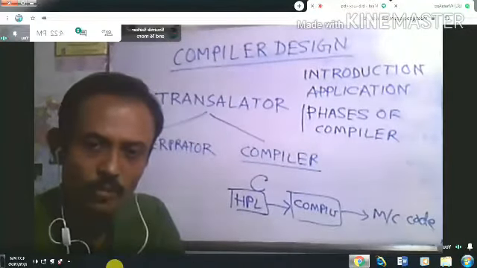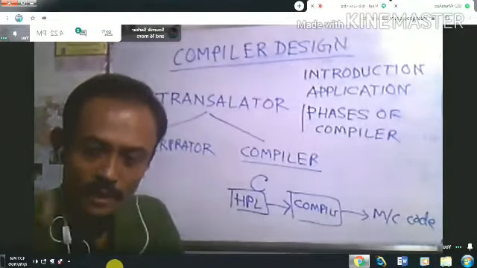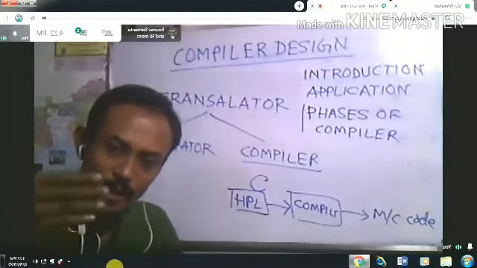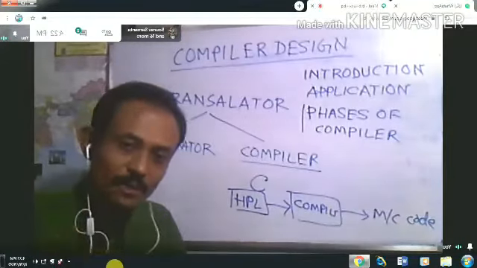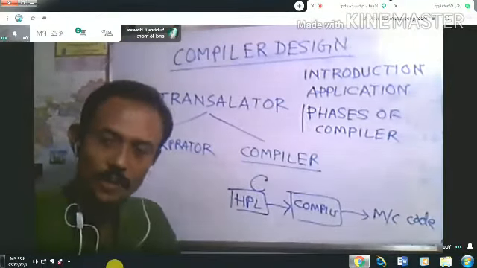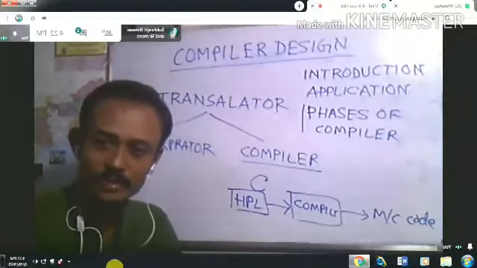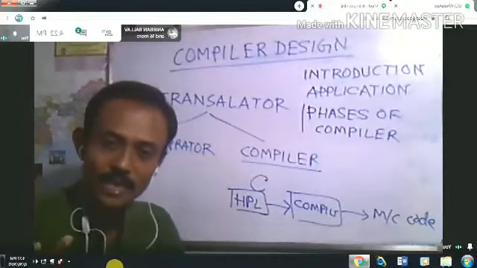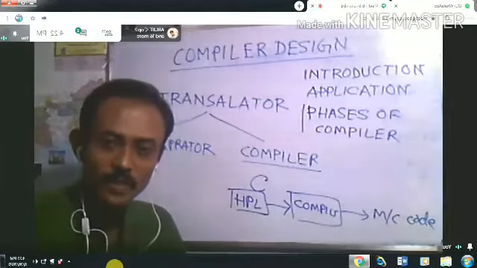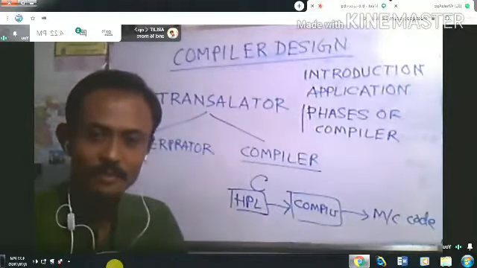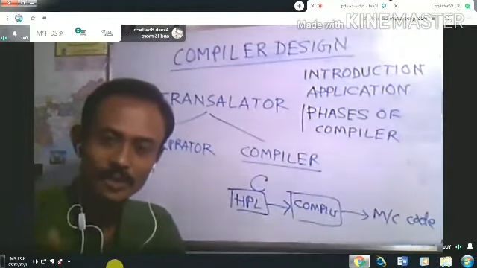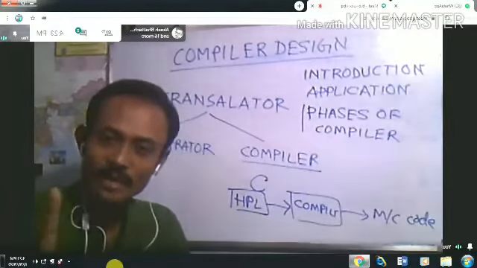The machine can only understand the 0 and 1 binary numbers, and that's why there is a series of translation. Your high level program will be translated in different steps, and ultimately it will be converted into machine code, and your system will execute that instruction. So it's obvious that to execute software you have to understand the compiler. That's why compiler is another important pillar of computer science. And obviously another subject I told you is the operating system. Why?